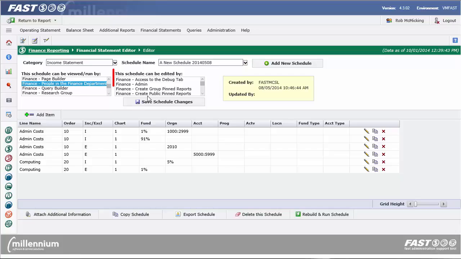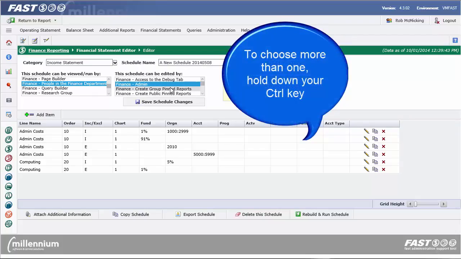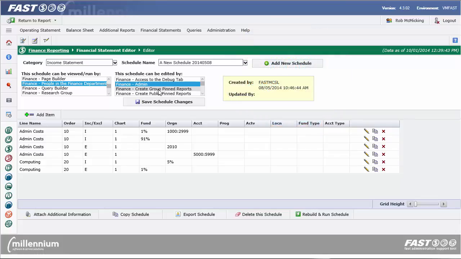And then what I'd like to do is assign various groups, could be one or could be more, that can actually edit or modify this financial statement. I'm going to choose my finance admin group, but just keep in mind whatever groups you have available in each of these drop-down menus are going to constitute the people that are going to be able to perform each of these tasks. If I now click Save Schedule Changes,